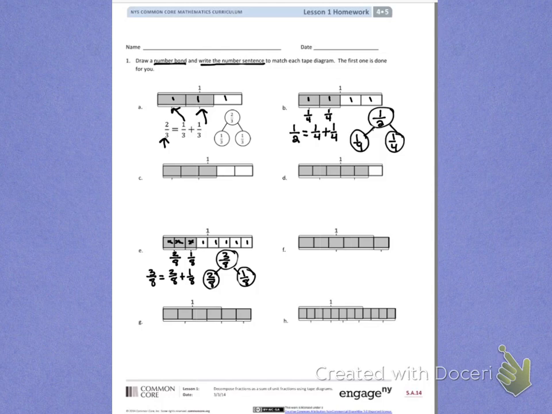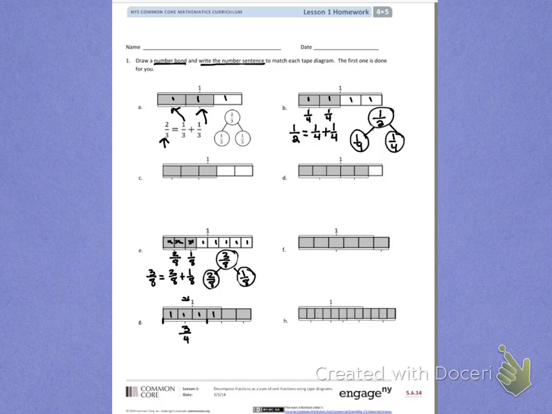Letter G. This one has a whole right here, but it also has 2 extra pieces. I'm going to go about this the same way that we did before. I'm going to count how many pieces are in the whole. 1, 2, 3, 4 pieces in the whole. So it's being broken down into fourths, because there's 1/4, 1/4, 1/4, and 1/4. Let's see what each bracket represents. This bracket looks to go between here and here. It's kind of hard to see on here, so I'm going to mark it. And that's going to represent